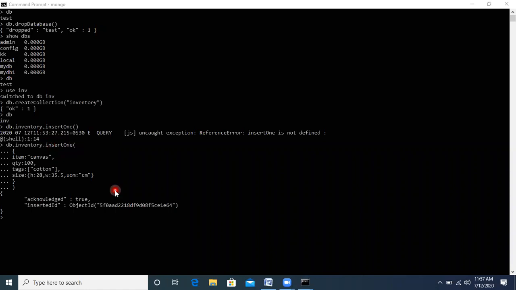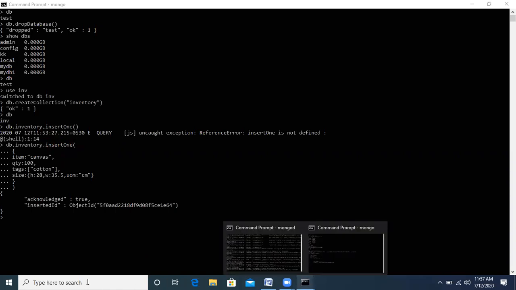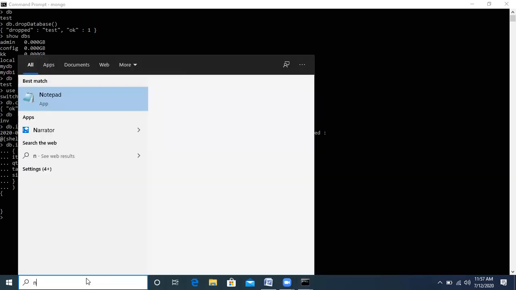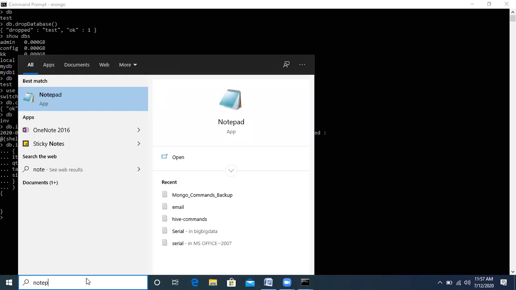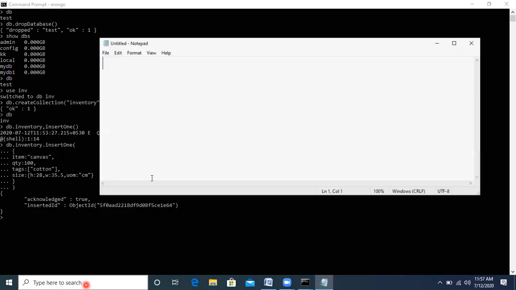Now suppose you want to insert multiple documents. If you want to insert multiple documents, let me open Notepad. Then the command will be db dot, whatever collection you are using, db dot collection, name of the collection, then insert many.